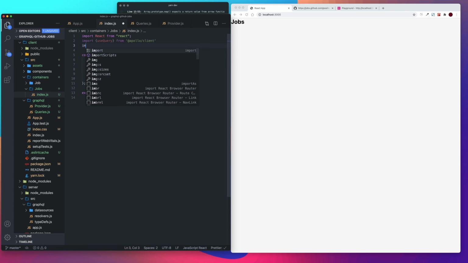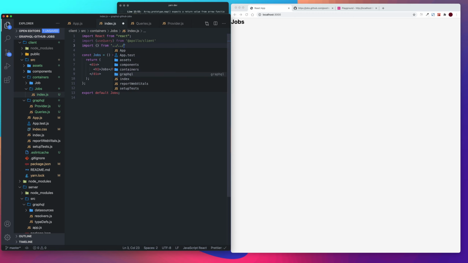And then we need to import our load jobs GraphQL queries. Load jobs. All right, perfect. So